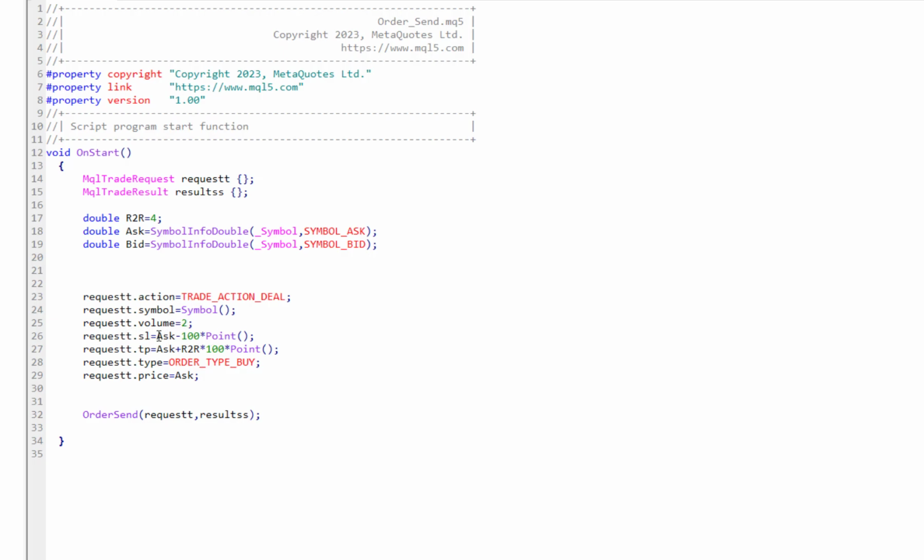But the stop loss in the sell order would be higher than the entry point. So we just say ask plus 100 points, and just because it's a sell, we can change this one to the bid, but it doesn't make a lot of difference. So we just leave it like ask, and the take profit would be below the entry point. So in this case, it would be minus risk to reward multiply 100 multiply points,